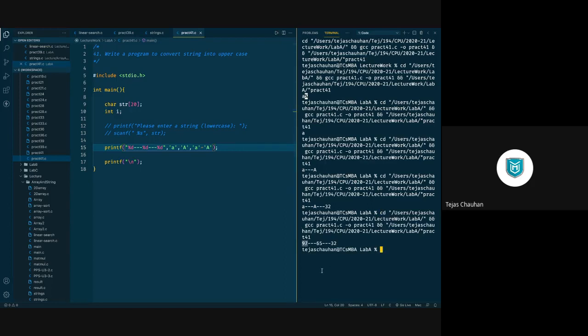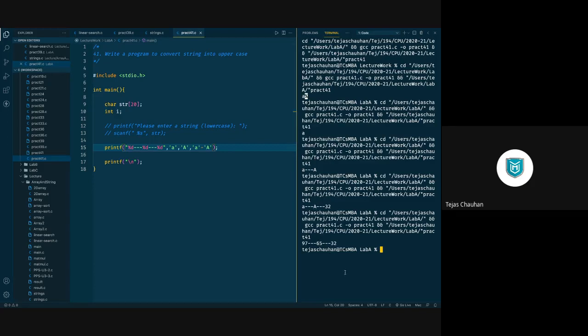Small a has ASCII value 97, capital A has ASCII value 65. So it's very simple. If you want to convert small a to capital A, subtract 32 from 97, you will get 65, and that 65 is actually capital A.